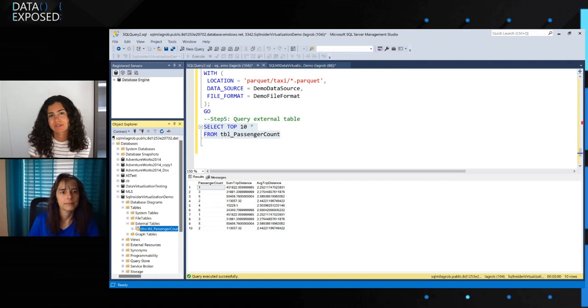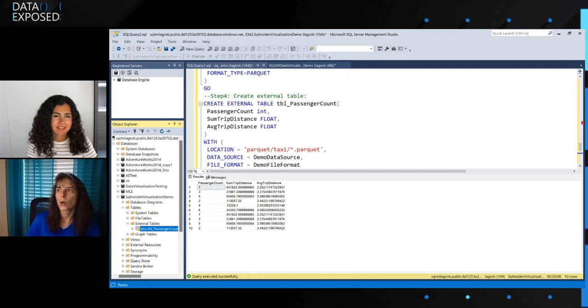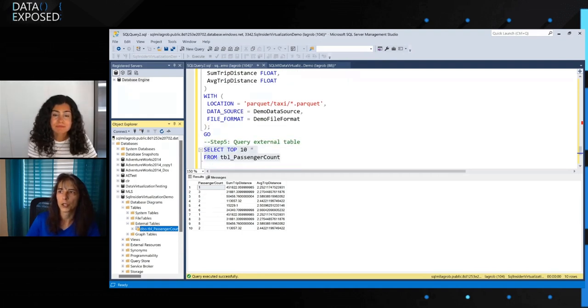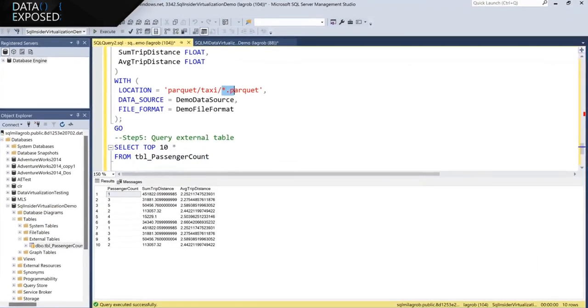100%. And then one more question: let's say more Parquet files are added to this folder. Do I need to go through this process again, or is it going to just pull whatever the latest is in the location that I specified? That's a great question, and that's where I go back to it kind of depends on how you actually create it. You'll notice here that in my location, I did star dot Parquet. That means within this location, it will pick up all the files. So if I add new files, they'll become visible as well, or rather, the data from those will become visible.